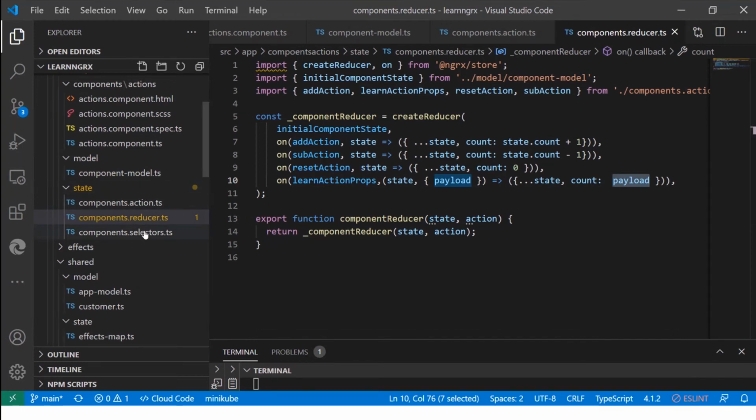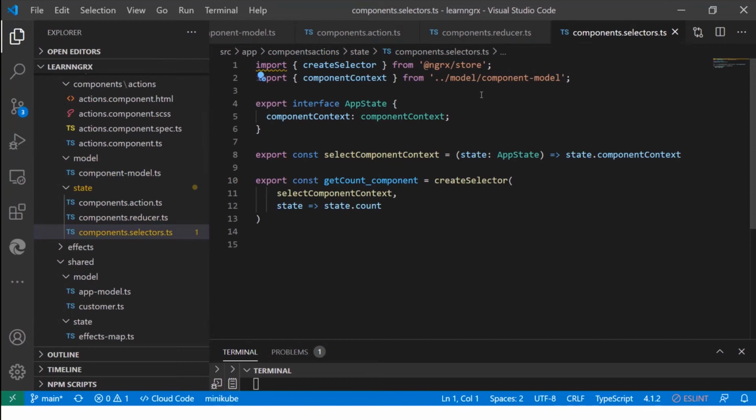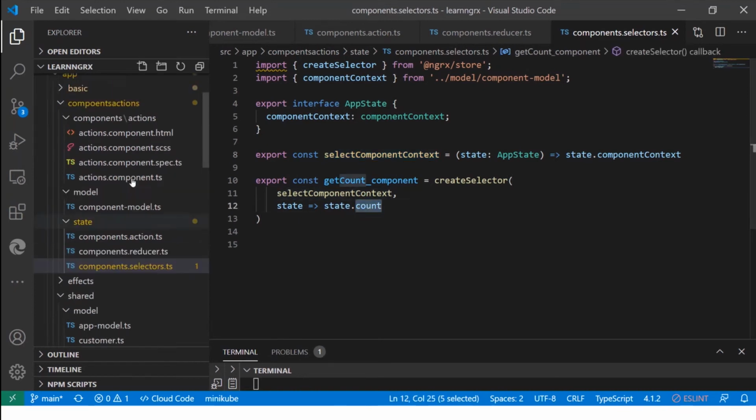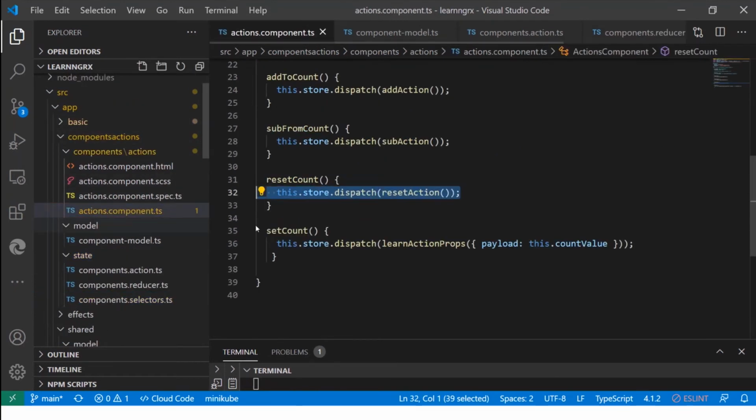All right, so that's that. And then real quick, selectors again. At this point, it should be kind of what you expect to happen here. We're grabbing our context and we're returning the count property. Over here in our